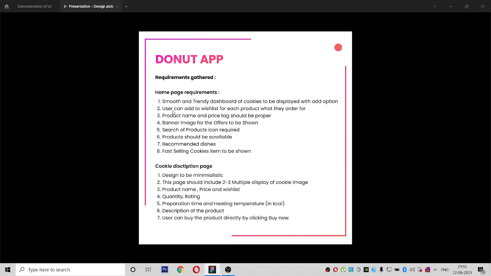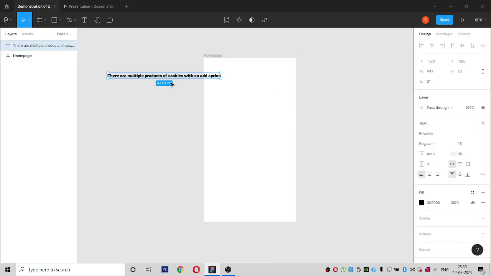So there are some cookie products which we are going to sell in the application. Some clients have a business selling donuts, so we will go through these things by design.